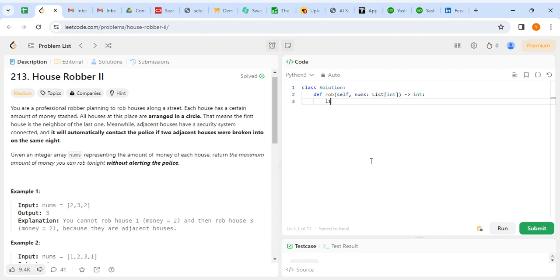So let's have two lists, list 1 and list 2. List 1 does not contain the zeroth element and list 2 does not contain the last element. And suppose if length of nums is equal to 1, then we can simply return the 0 index. Okay, now let's have a helper function,